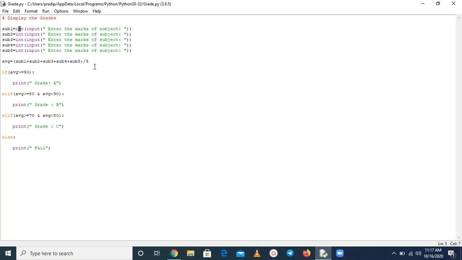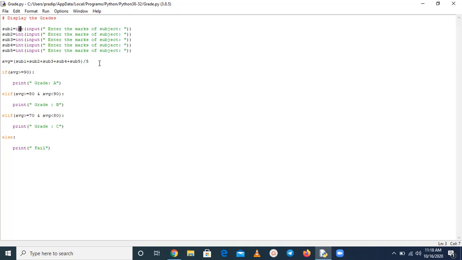Suppose I have taken some number, and suppose my output is an even number. So definitely if you divide it by 5, we are going to get that number in decimal form. In that case integer will not work because you have taken float. A float number can work with integer as well as float, meaning decimal number, but if you have chosen integer, that is not going to work in the case of a float number, and maybe that generates the error.